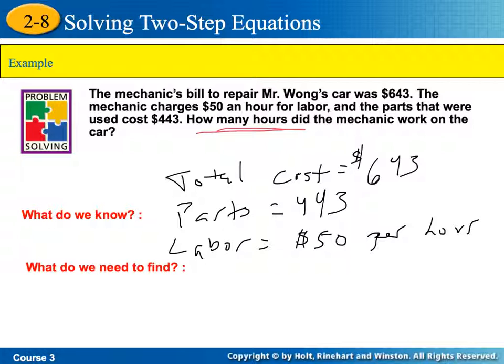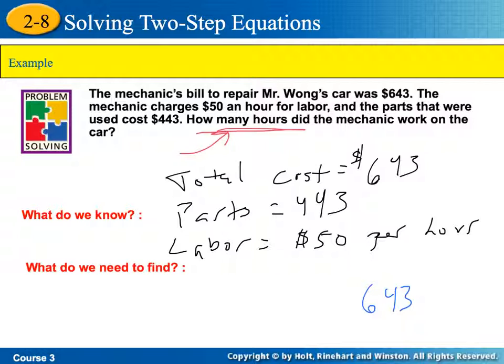Okay, so when we do this problem, you have to think about, okay, what are we trying to find? We're trying to find hours. Okay, if I don't know something in math, what do I do when I don't know something? I plug in a variable. So what do I not know? Well, I don't know how many hours this mechanic is working on. Okay, what we do know is the entire thing, no matter what, between parts and labor, it's going to cost